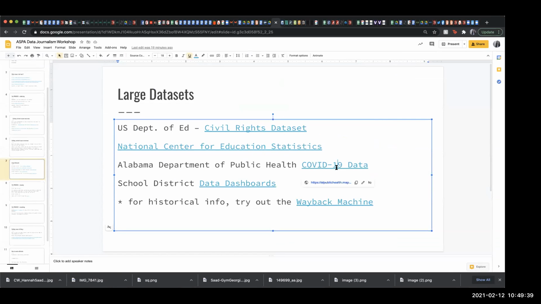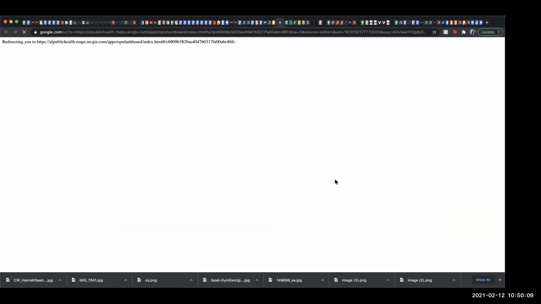And then, of course, familiarize yourself with these dashboards, specifically the COVID dashboards. I don't know if dashboards are going to become more of a common thing after this pandemic, where agencies have publicly available data right for you. But get familiar with those. And what you want to do with those is not just look at them. So they have this data available, right? But it changes every day.